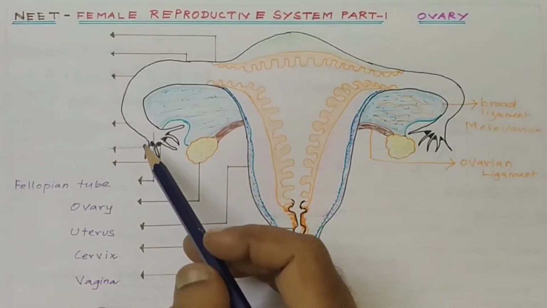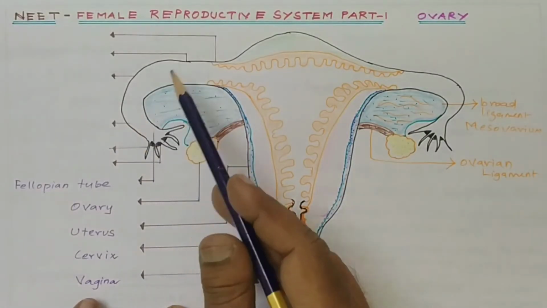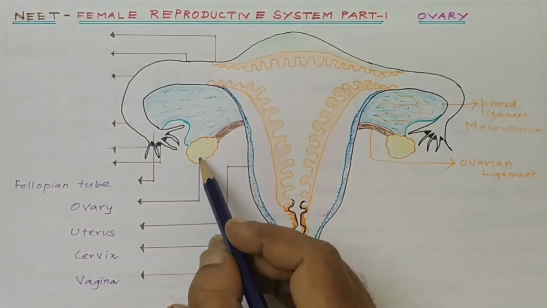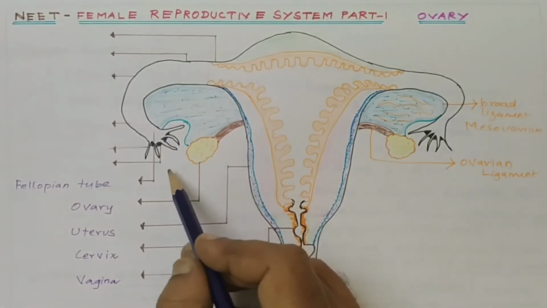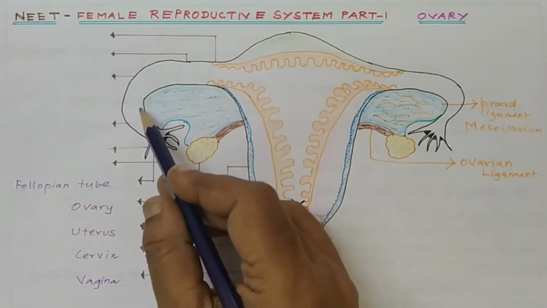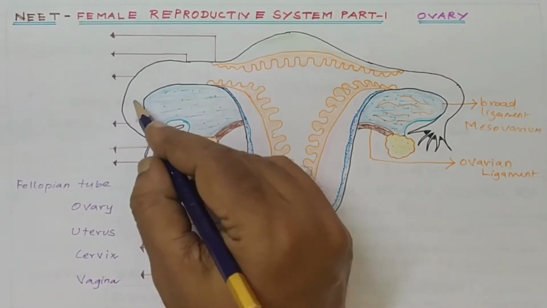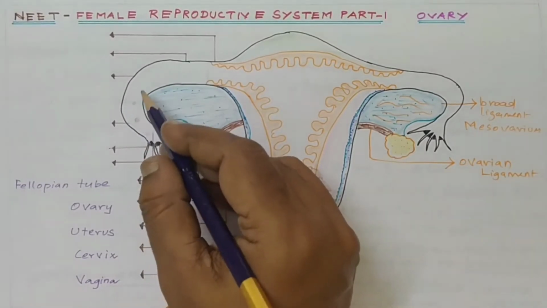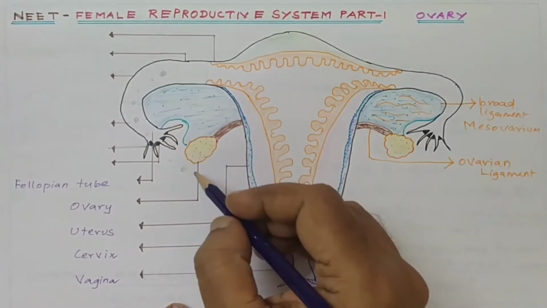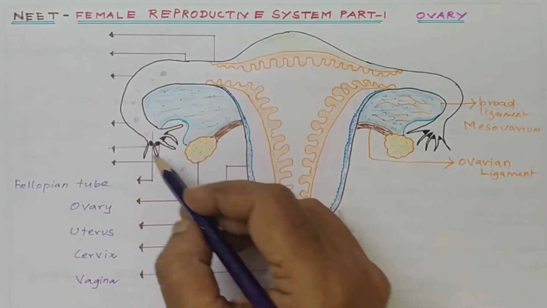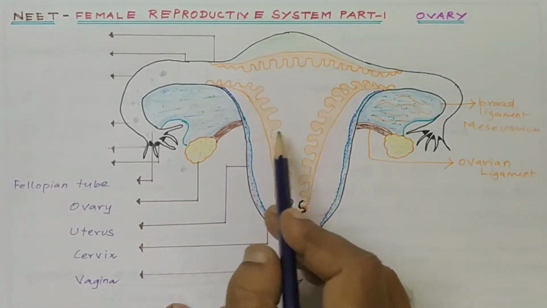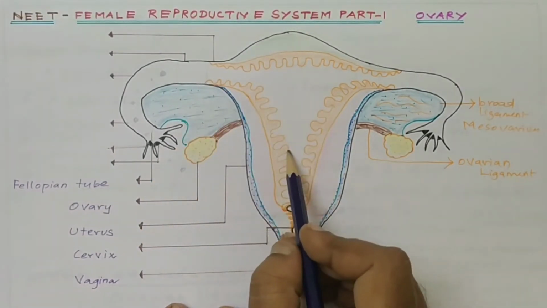Now let us see the function of the fallopian tube. The fallopian tube performs two important functions. One is transfer of the egg. During ovulation, the ovary releases the egg. Consider this egg; it enters the fallopian tube. The inner wall of the fallopian tube has a lot of cilia-like structures. The cilia move the egg and it reaches that part. So the first function is the transfer of the egg from the ovary to the uterus, in non-pregnant women.